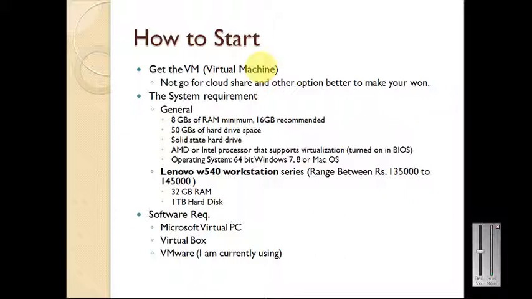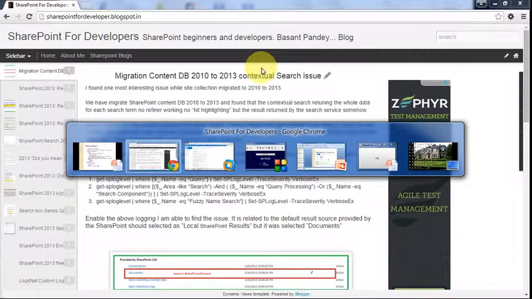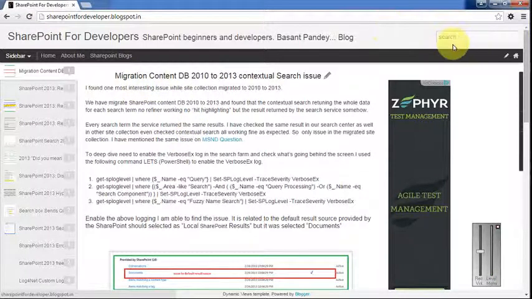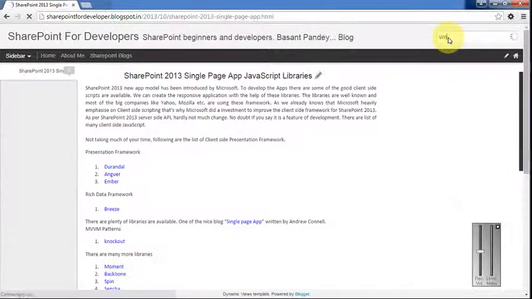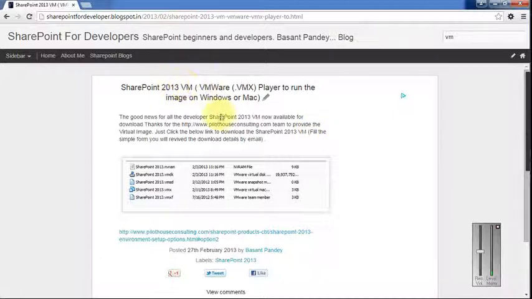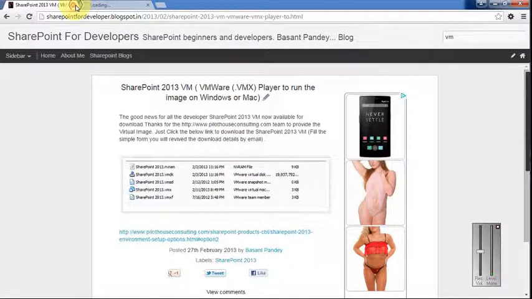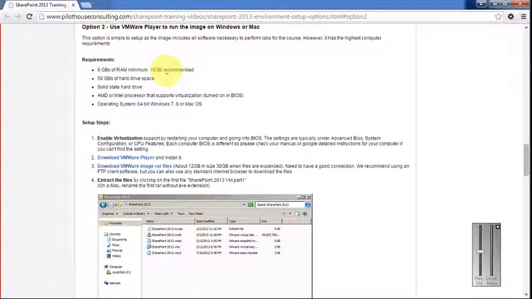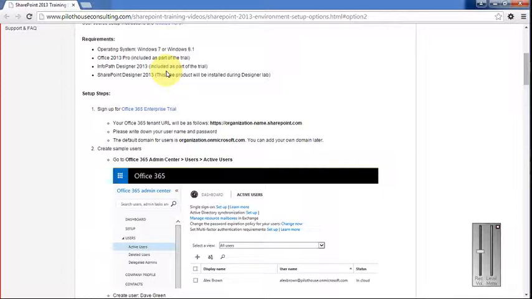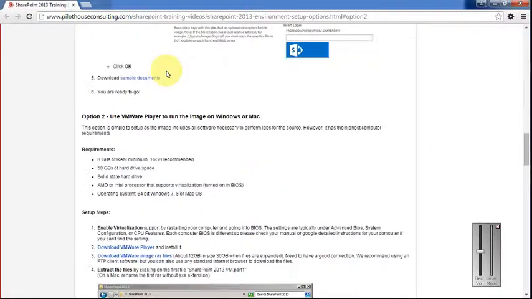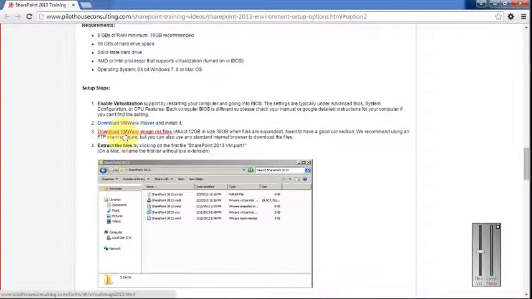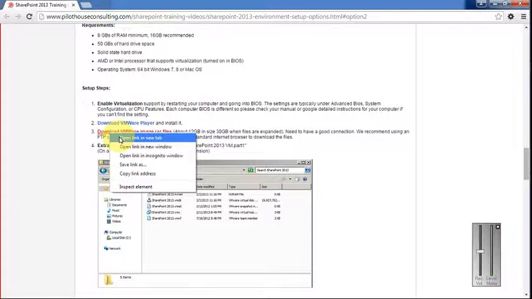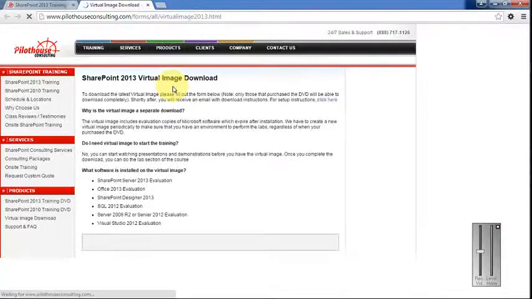Then the VM: where do we get the VM is most important, so I will tell you where I got it. This is my blog. If you search for the VM, you will get the link for this SharePoint 2013 VM. From Pilot House, here I will get the VM. We just need to download the VMware files. Click here, it opens a new tab, and it just asks you for